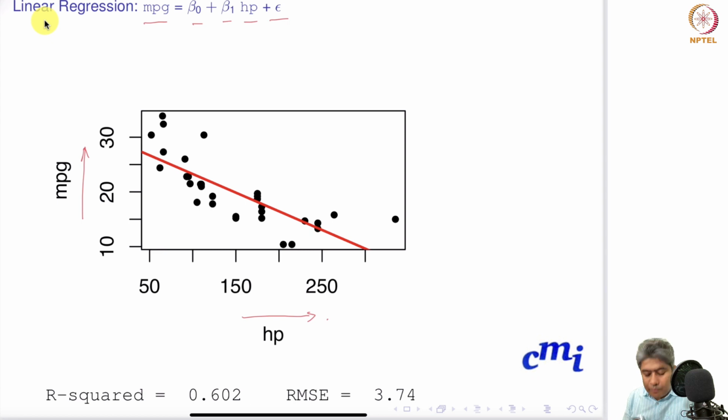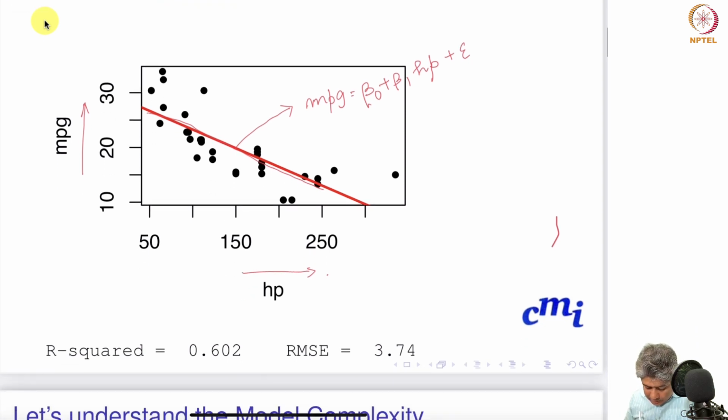This is a simple linear line, the function that we are trying to fit. Everybody can understand, and we are seeing that the R square is 0.602